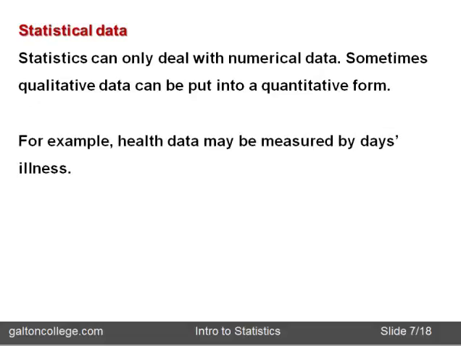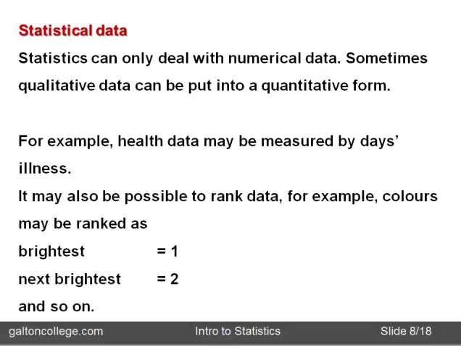So for example, we could assess the health of people according to the number of days they're away from work. That's a very crude statistic, but it may be possible. Of course, we'd have to have some benchmark. We'd have to say, well, healthy people only have so many days off work. Unhealthy people have more days off work. It's very crude, but it may be possible. But statistical data enables us to make some sort of decision, albeit good or bad.